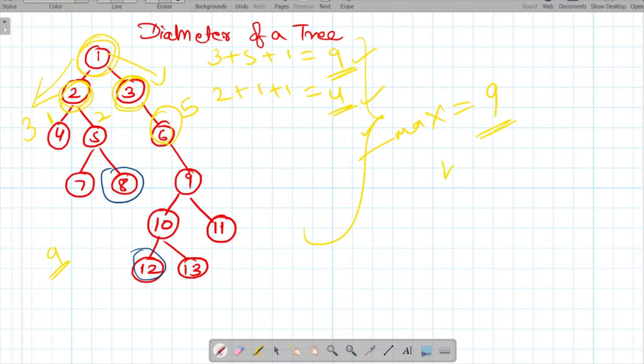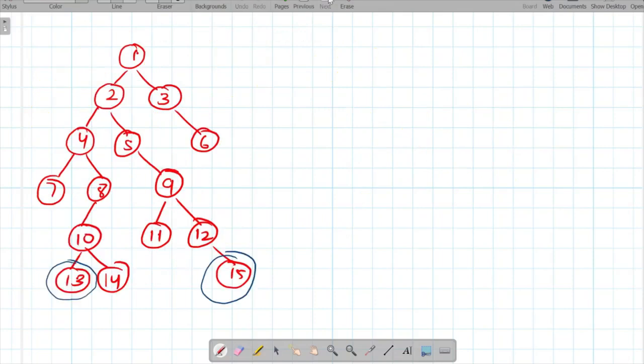The logic is very much similar to the height code that we have already written in our previous videos. There is one more check we have to do: we only have to keep the maximum of all the values that we get while we are calculating the heights. Before moving further, let's see one more example. This is again an example in which we have the answer as this path.